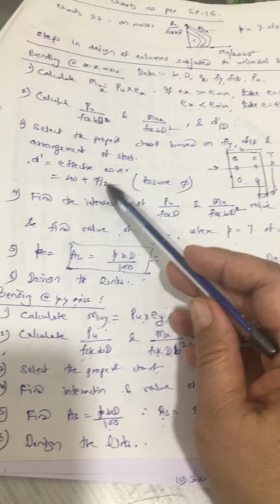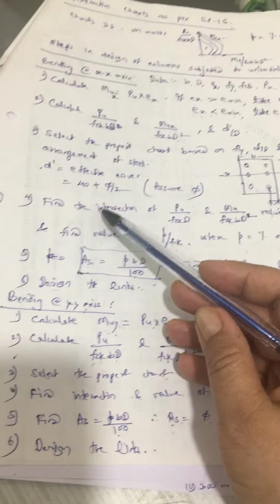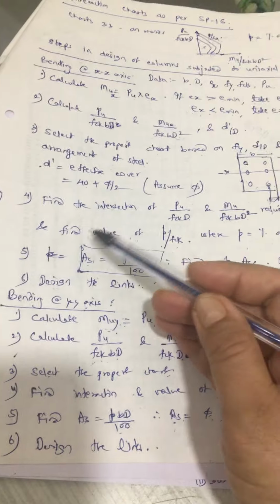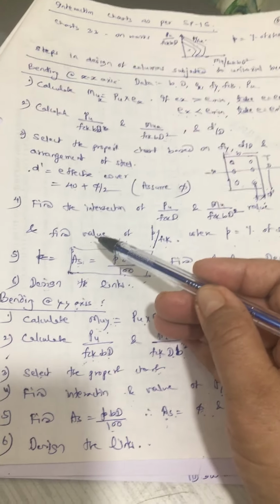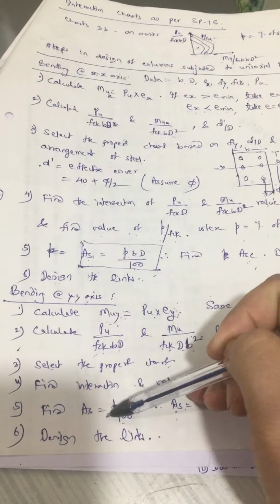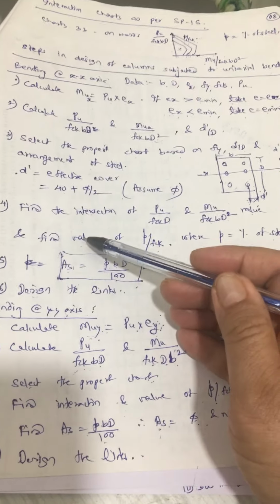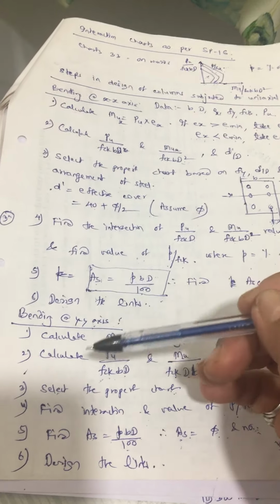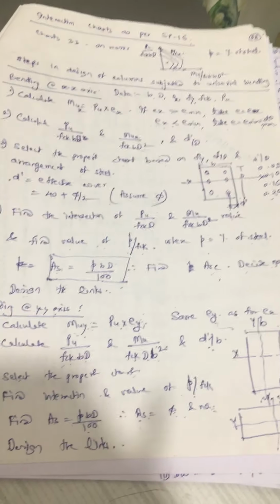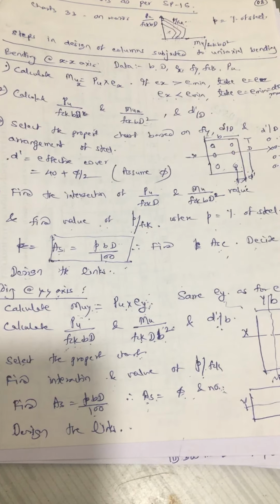In any case, in practice, when you are providing a column of width 230 mm, it does not satisfy the IS requirement. That is why you have to design the column as subjected to uniaxial bending, and therefore you have to design the column for a minimum eccentricity of 20 mm even if no actual eccentricity exists. Okay, so that finishes the steps in the design of the column subjected to uniaxial